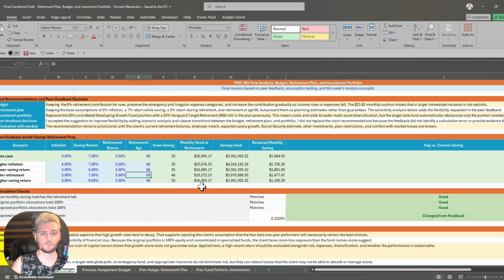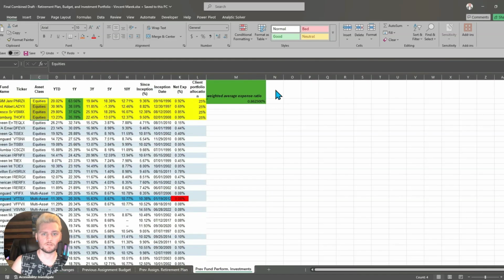For the portfolio, I recommended replacing the 25% Lord Abbett growth fund position with the Vanguard 2060 retirement fund. Since this added broader diversification in their portfolio, it also lowered their weighted average expense ratio to 0.8625%. I also accounted for